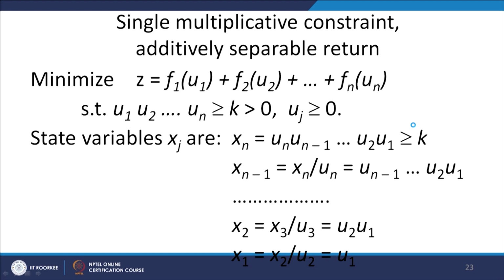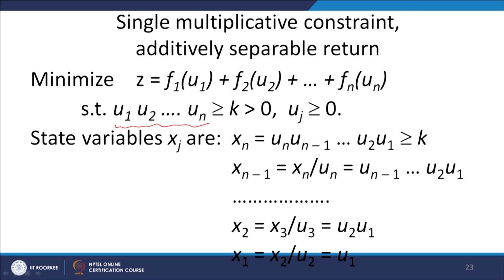So, that is the way this discrete problem has been dealt with. Now, let us look at another situation where we have a single multiplicative constraint and an additive separable return. The problem is to minimize z given by f1(u1) plus f2(u2) plus ... plus fn(un) subject to u1 u2 ... un greater than or equal to k, where k is strictly greater than 0 and uj are greater than or equal to 0. Now, please note that this constraint is a multiplicative constraint, that is, it is a product of u1 u2 ... un,